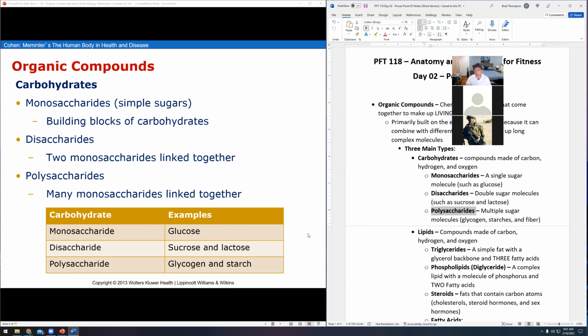Glycogen found in your body is a complex carb. Starches found in foods are complex carbs. That's one of the really cool things about our body: we can store complex carbs in our muscles and in our liver. So when you eat an excessive amount of carbohydrates, your body goes, great, that's awesome. I'll hold on to this, because carbohydrates are our body's favorite source of energy. That's the one our body prefers to use. What I'm going to do is take that carbohydrate, rechain it together, and put it inside the body.